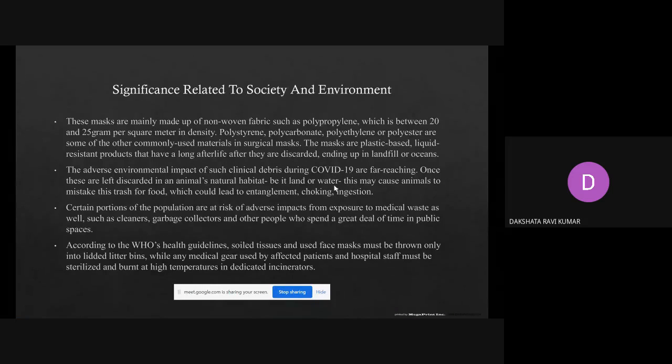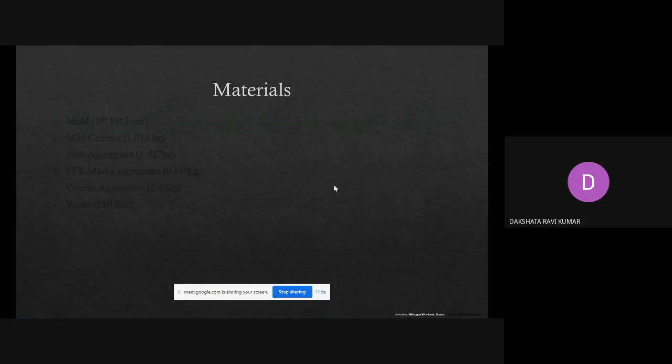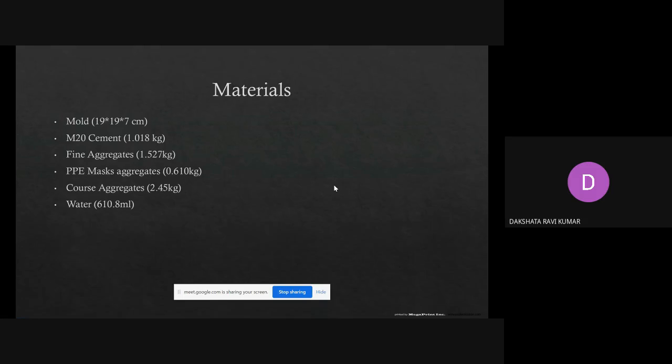Okay, next I'll be talking about the materials that we have used. So we have used a mold which is 19 by 19 by 7 centimeters. So it's a cuboidal mold. And we have used M20 grade cement, in the amount of 1.018 kgs. And then we have used fine